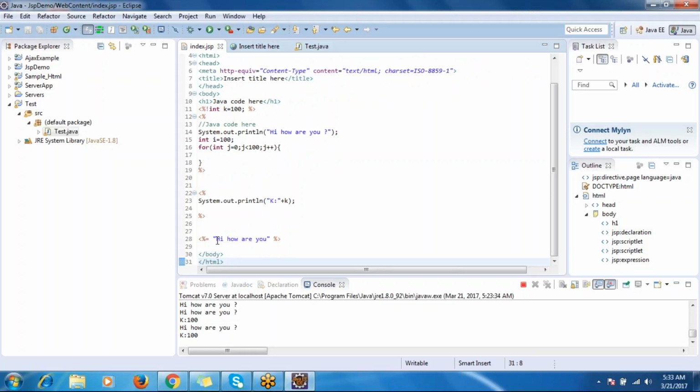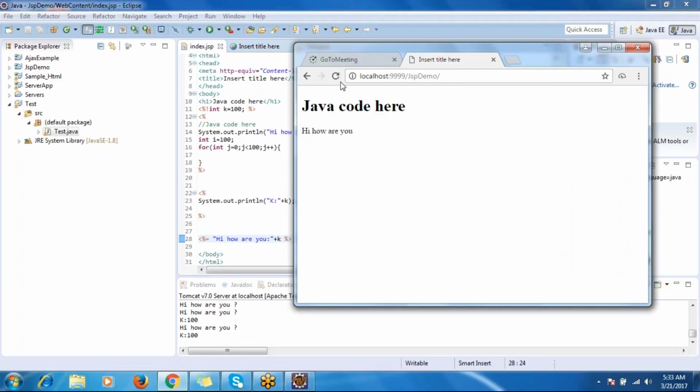This is not HTML. So this is purely Java code. If you want to access some of the variables here, see k equal to 100. This is a global variable I want to access, and I want to display to the user also. Apart from the server side, I want to display it to the client side also. Did you see this? I can access k, and I can